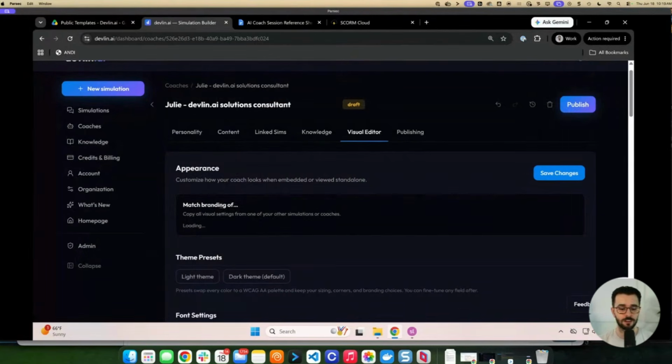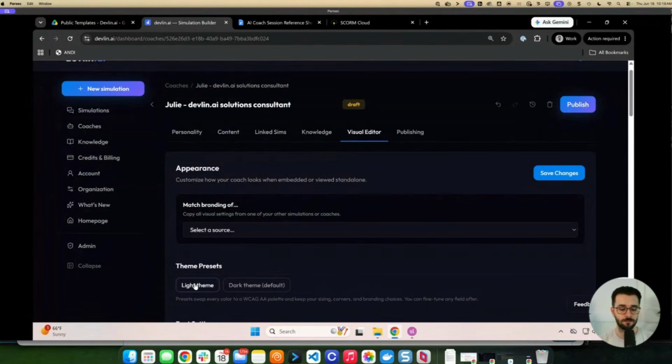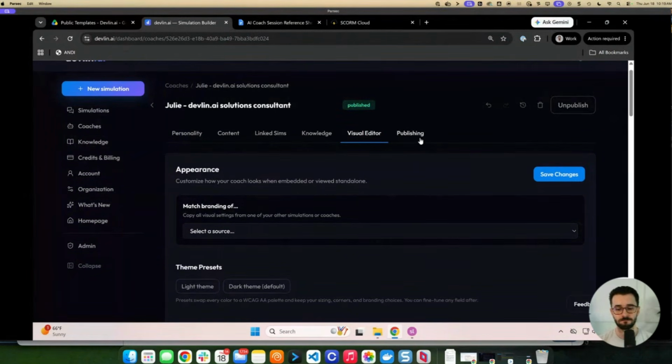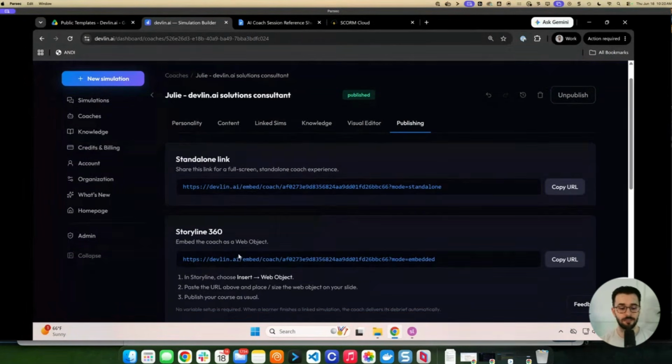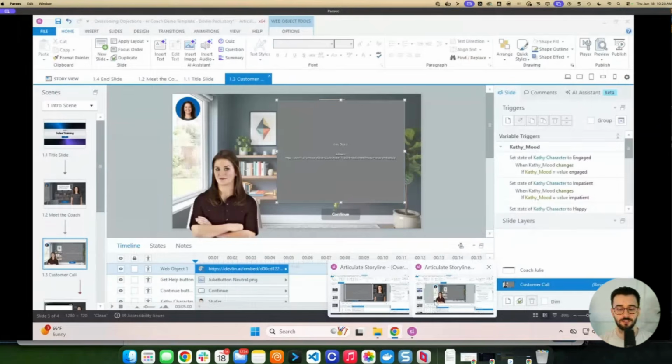Okay, so I'm going to just do one more thing. I'm going to go to the visual editor and I'm going to choose a light theme so it matches. And then I'm going to save changes. And then I am going to publish. Once it's published, once you've clicked that button in the top right, you can go to the publishing tab and grab this Storyline 360 web object URL. Okay. So yeah, while we're here, let's go ahead and copy that URL for Storyline 360, head back over into Storyline,